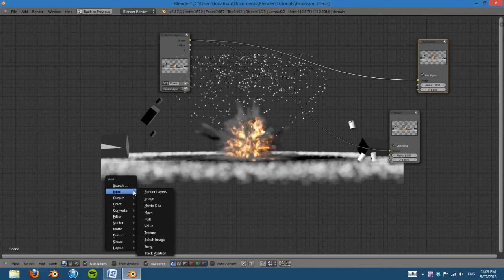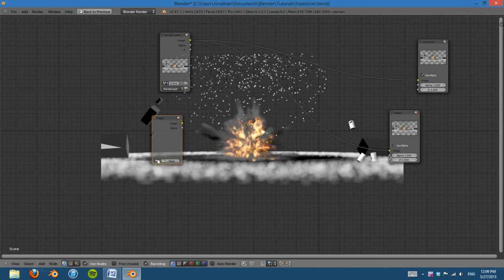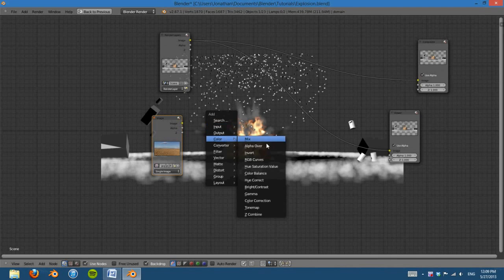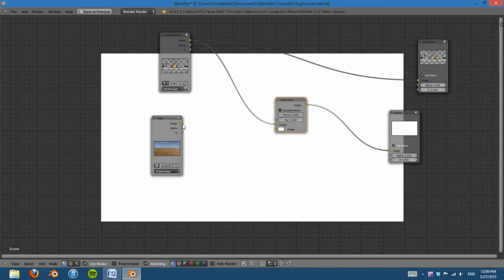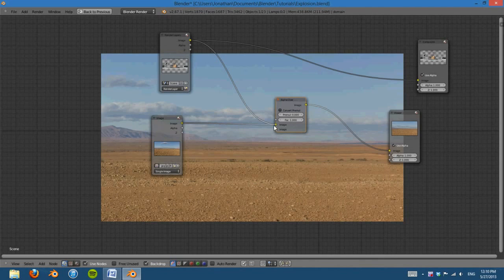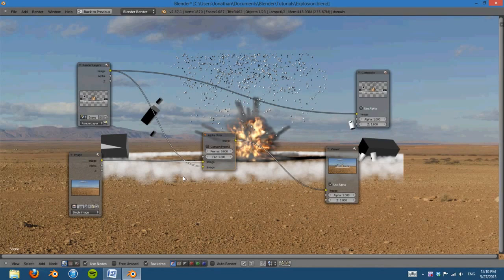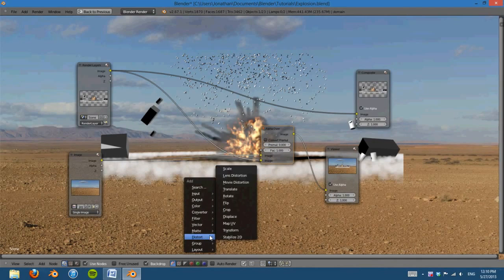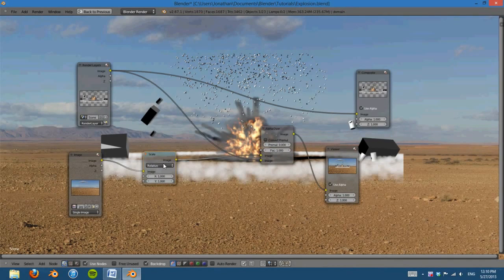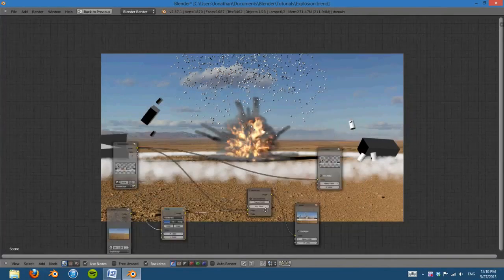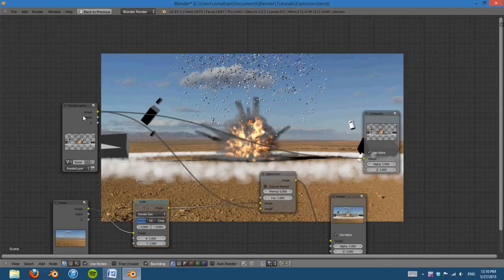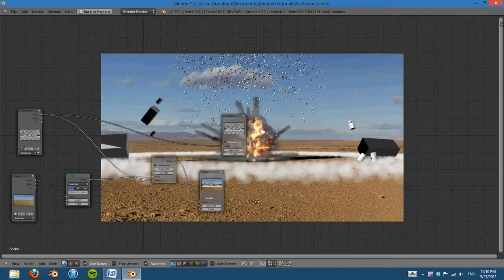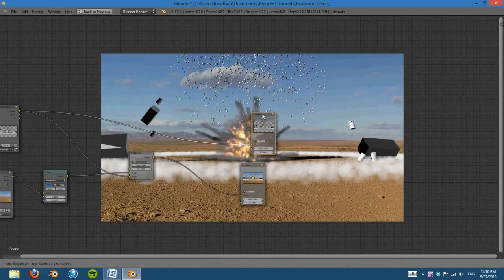And now I can add an input image, choose the image that we had, and then use a color and alpha over to combine these two together. And you can see this one is way too big, so all I need to do is go to distort and scale, and then set this to the render size. That way it's going to be automatically the same size as this render. So this is looking pretty good, but